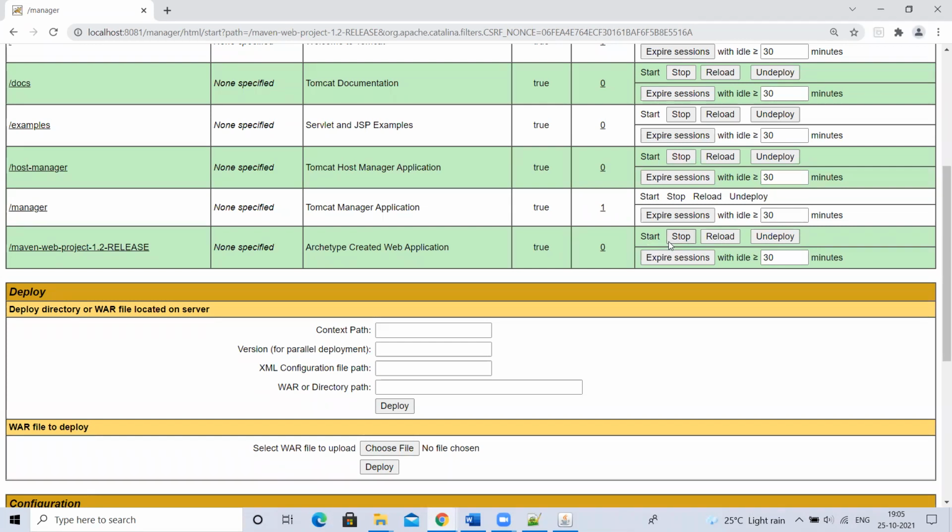If you stop an application, the application will still be there in your Tomcat. The WAR file, everything will be there in your Tomcat, but it just stops functioning. Whenever you want it, you can start it again. So if temporarily I want to make my application unavailable, I don't want it functioning, I'll stop it. After 5 minutes or 1 or 2 days, whenever I want, I'll just start it and it will start working. But if you undeploy it, your application will be removed from Tomcat.